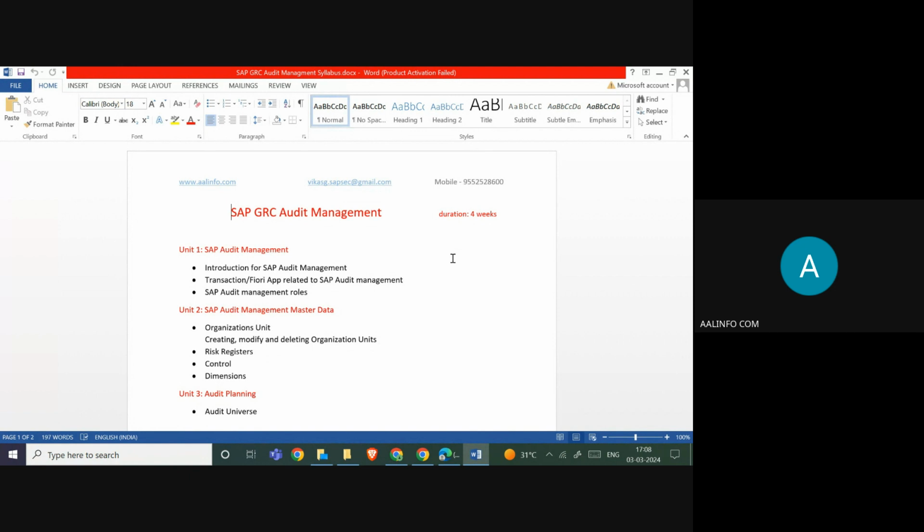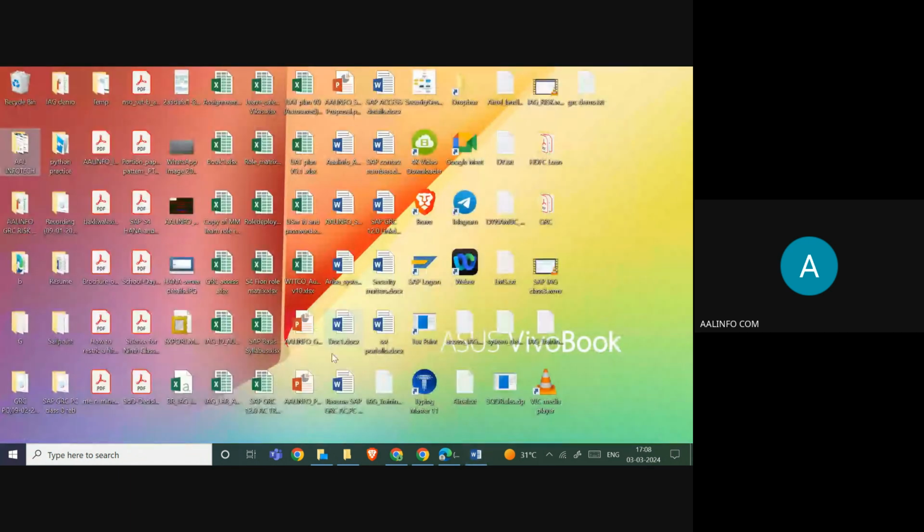Okay. So that is the core idea behind how you can go for this SAP audit management module. And